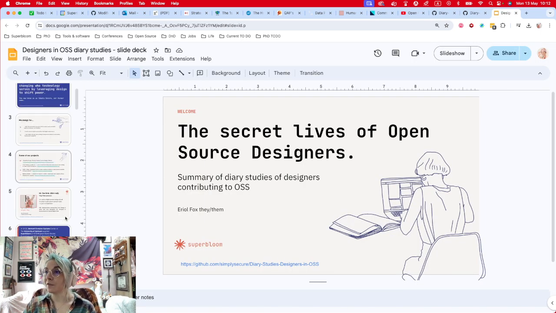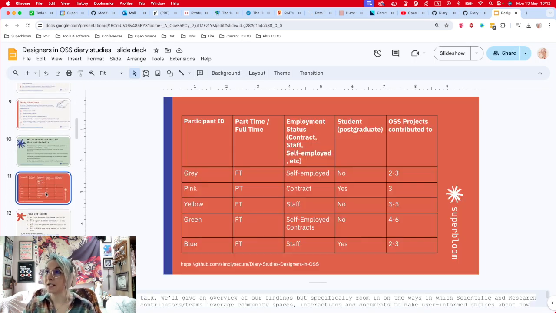And if I just move over to some of the slide information, just because it's here and readily available, we did the diary studies with 5 different people, 5 different designers in open source. We had more applications than we did selections of people for the diary studies. I believe we had between 12 to just under 20 submissions, which is pretty good for essentially